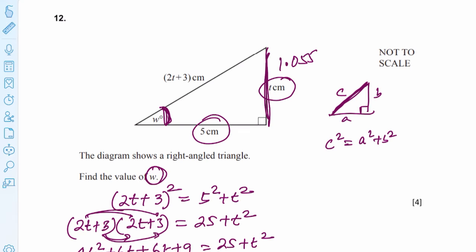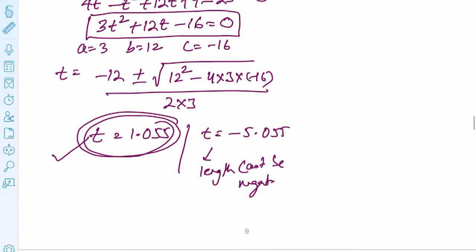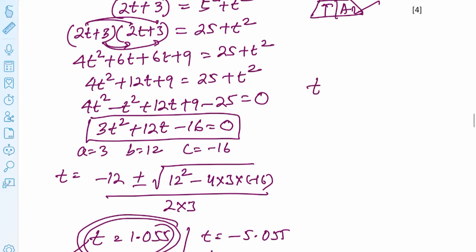Now if this is the angle, this is the opposite, and this is the adjacent. Got it? Opposite and adjacent deal with which formula? It deals with the tan formula, T, O and A. So now tan of the angle equals opposite over adjacent, which is 1.055 over 5. So I'm writing here again, tan W equals